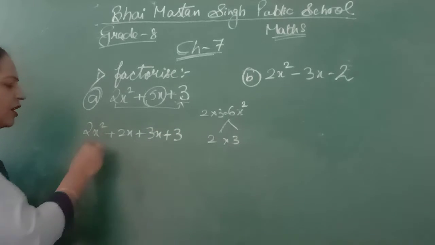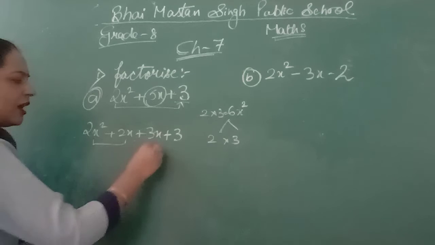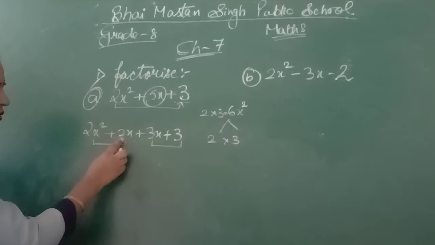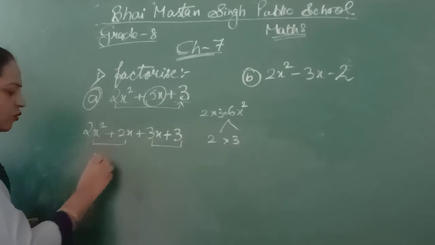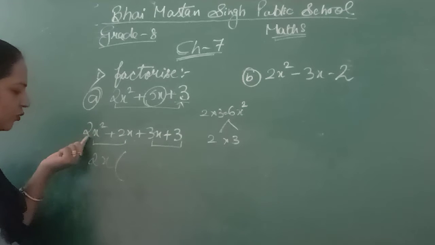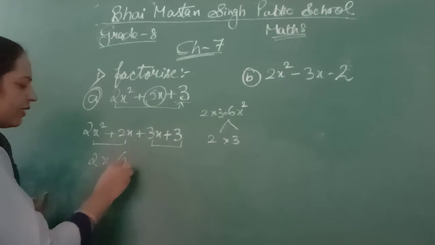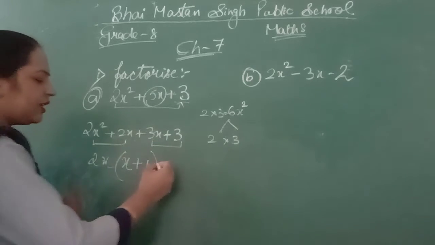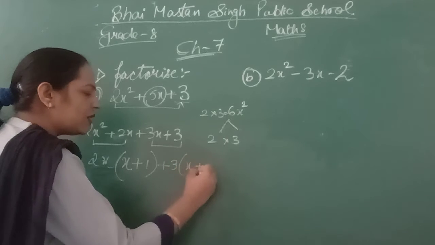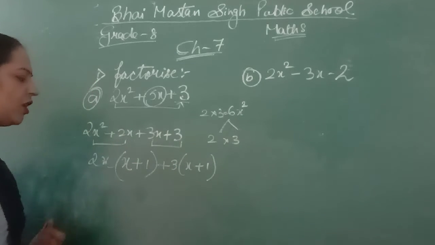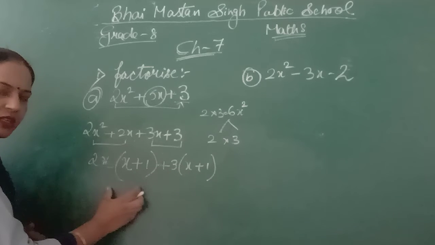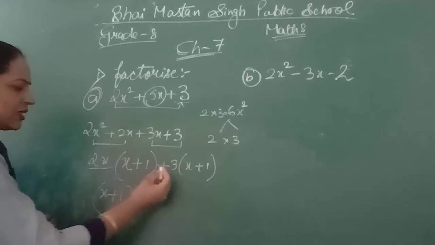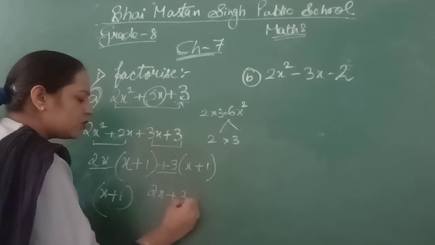Now the next step: from the first two I have to take something common, and from the third and fourth I will take one number common. Here 2 is common and x is also common, so 2x. What remains here? 2 comes out common, 1x comes out common, and 1x remains. Next, 2x outside, there remains only 1. What is common between these? 3 is common, so x plus 1 by taking common. Now the bracket is common between both factors. Now I will write x plus 1 as the common factor. What remains inside? 2x plus 3. The next bracket is 2x plus 3.